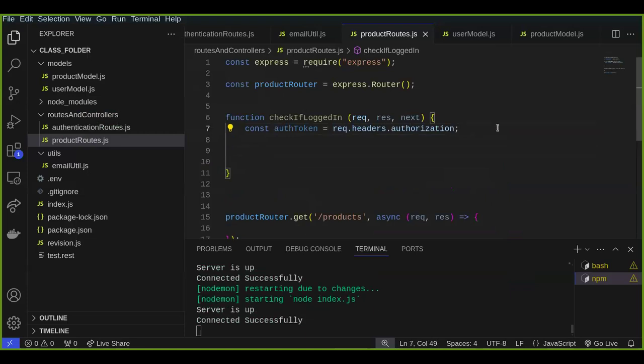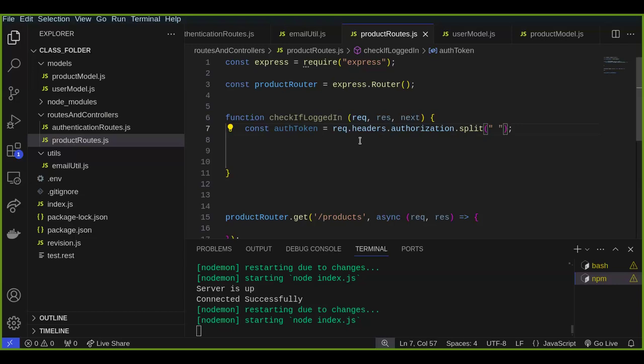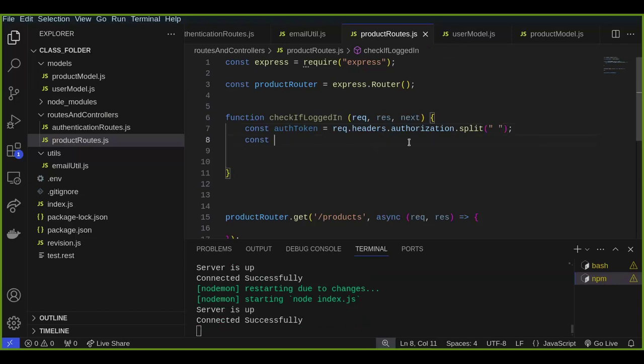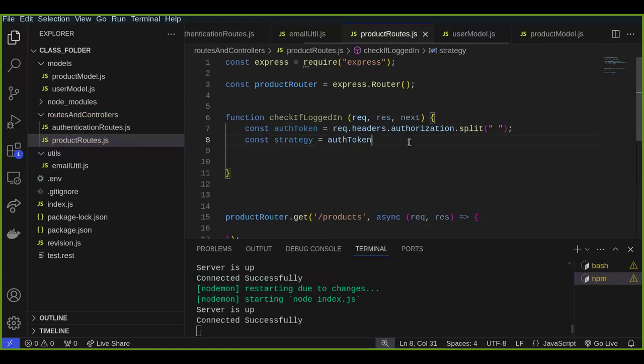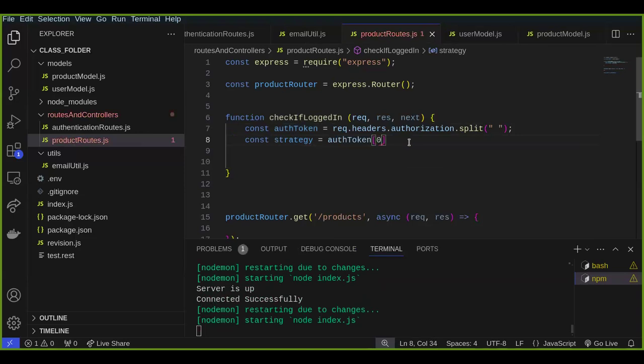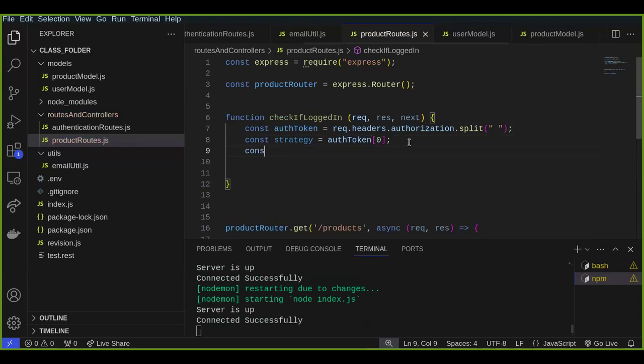We want to split by space here, and I'll tell you why I'm doing that. So const strategy would be authToken at the index of 0. Then the token itself